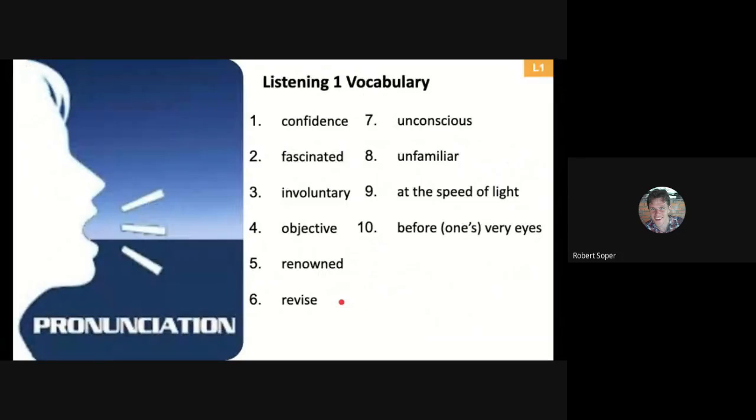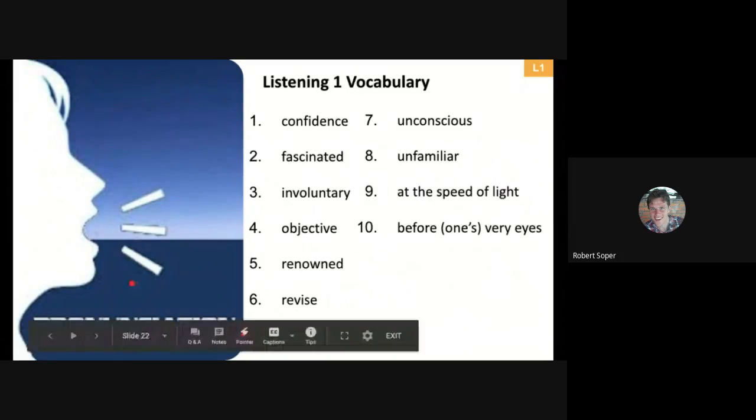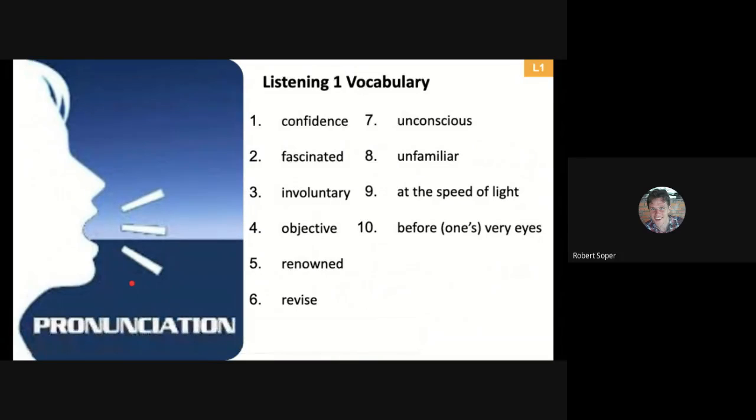Okay, so we're just going to work on these last ones. This is some of the listening 1 vocabulary. And when we get through the next exercise, we're going to call it a wrap. So we're going to be working through these 10 words and practicing how to use them before we finish up. We're going to be first working on the pronunciation of these words. So let's start with number 1,